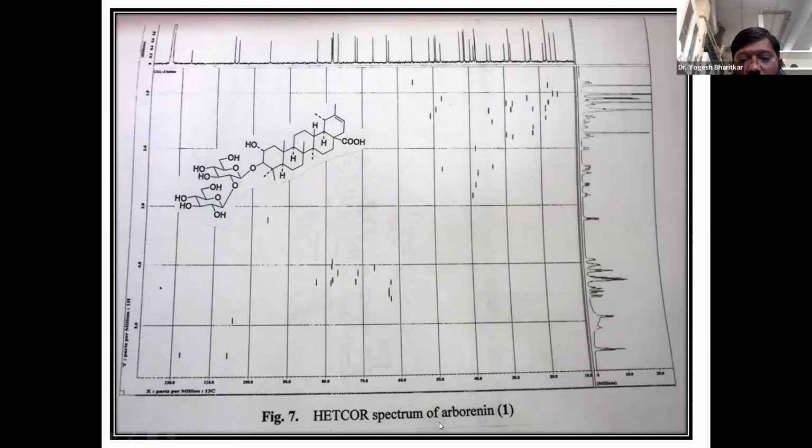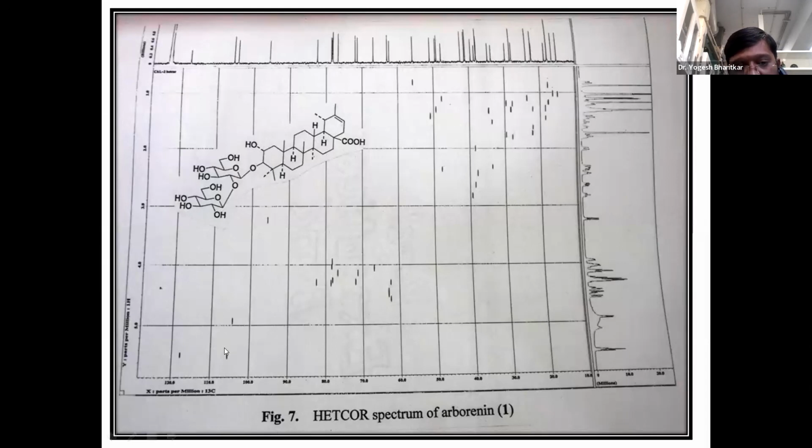This is the HSQC spectrum, which shows which proton belongs to which carbon. From here we can identify which carbon is linked to which proton. Suppose this is a carbon signal we get, and it correlates with this proton in the proton NMR. So we can say this is the double bond proton.